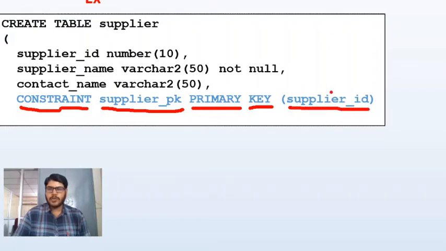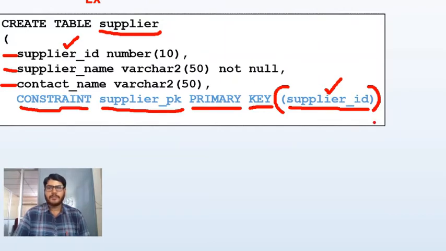This column name should be available here. Any one of the columns present in this table, I can define as a primary key. In this case, I'm going to define supplier ID as a primary key, so I mention the column name supplier ID within parentheses.